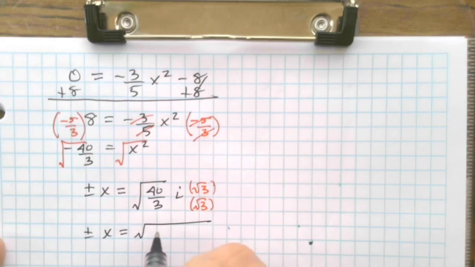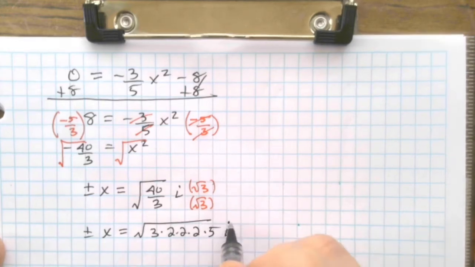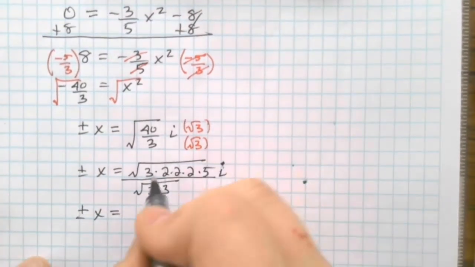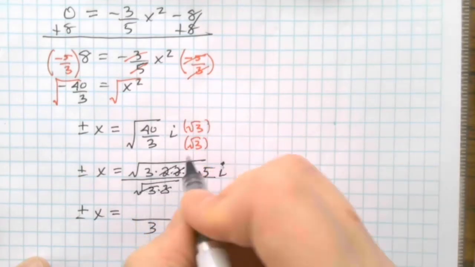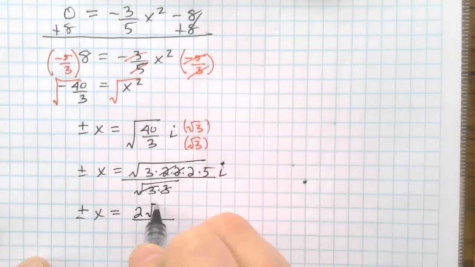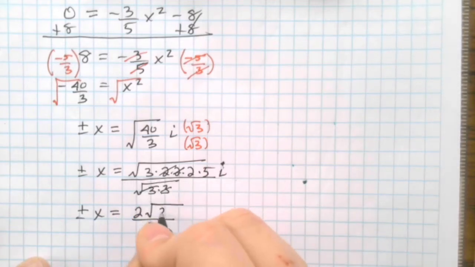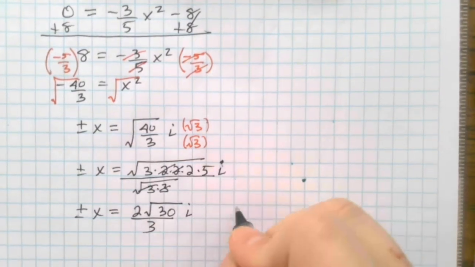So that gives me 3 times, let's see, 40 is 8 times 5. So 2 for the 8 times 5. Don't forget the i. And on the bottom, of course, 2 3s. So 2 3s on the bottom, 1 comes out. On the top, 2 2s, 1 comes out. And everything else is only single terms, so we just multiply 30 i on the side. So our intercepts are